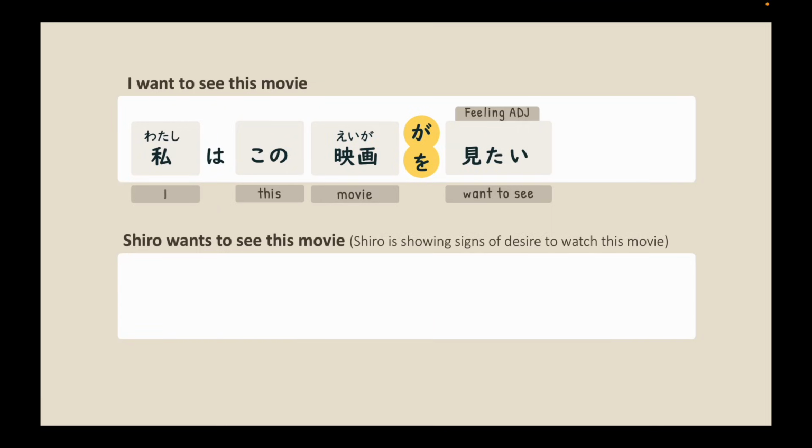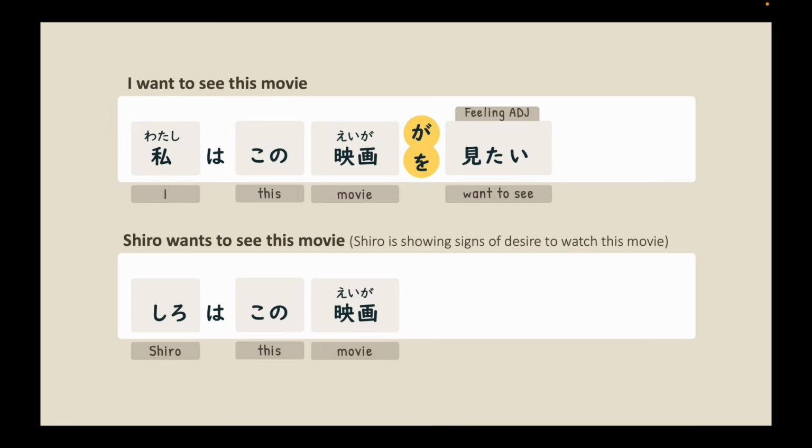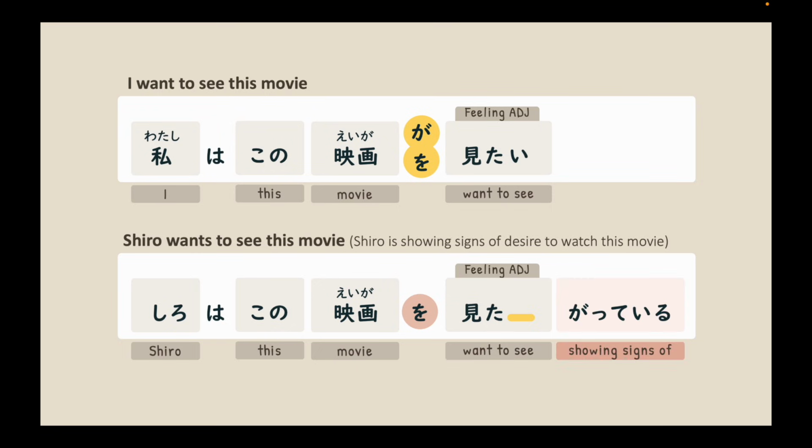Now, what if you want to say, Shiro wants to see this movie? That would be, シロはこの映画を見たがっている。Again, please note that the o particle marks the object when we use がる。